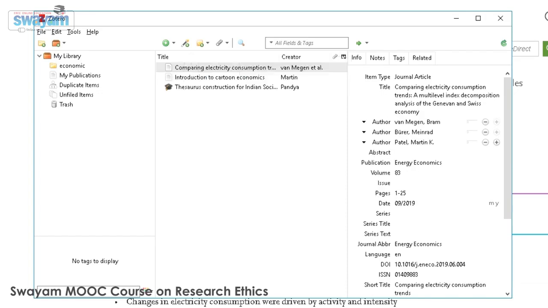Now you can see here details have appeared here. This is the article which we had chosen. Now you can see name of the author, name of the publication, volume number, number of pages, when it was published, all the details have come. So this way you can download all the book chapters and all the books, provided it should have a unique identifier.